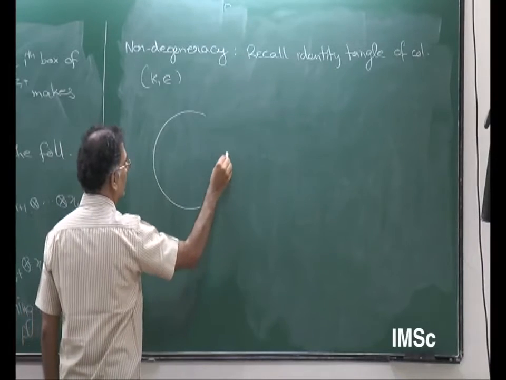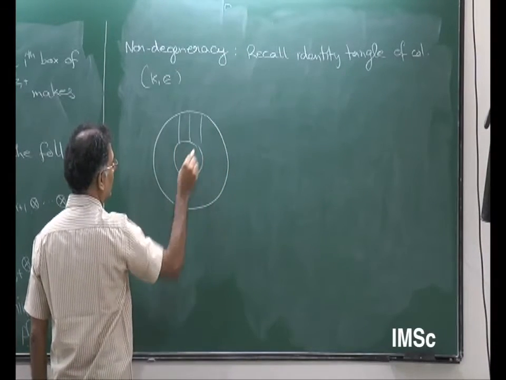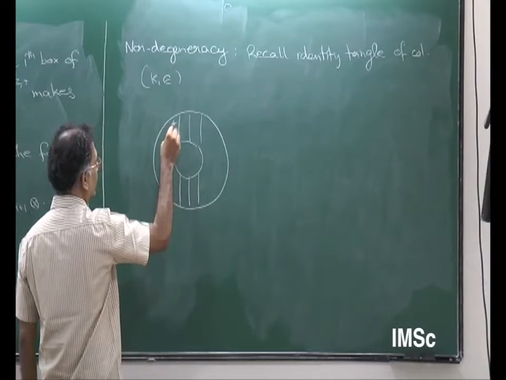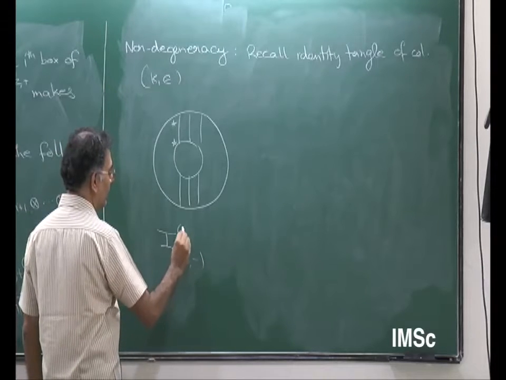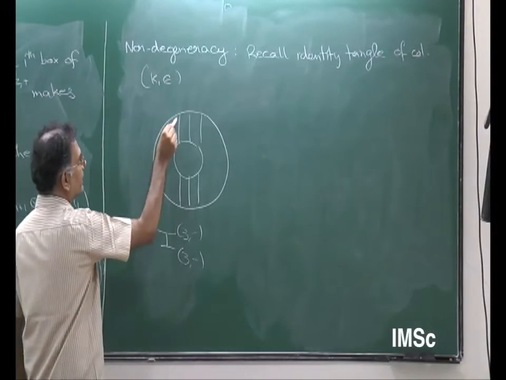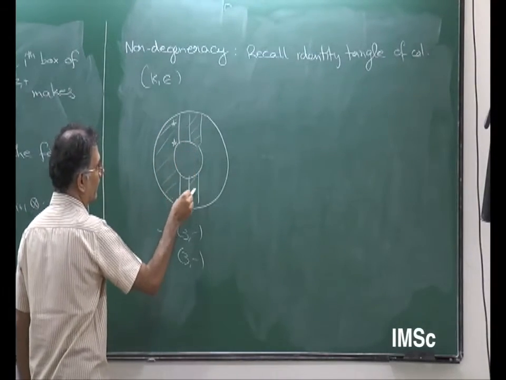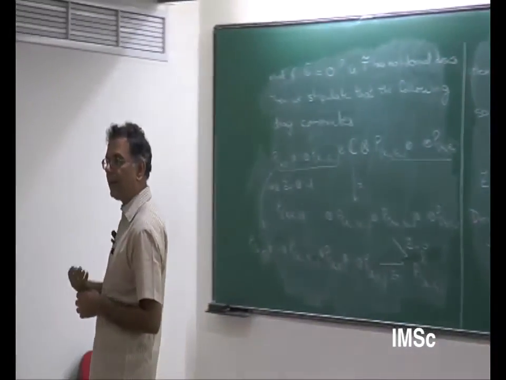Suppose k epsilon is 3 minus, it looks like this. This is the identity tangle of color 3 minus, single internal disk of color 3 minus, external disk also of color 3 minus. So that is the identity tangle of color 3 minus. And the axioms of a planar algebra say that the data,